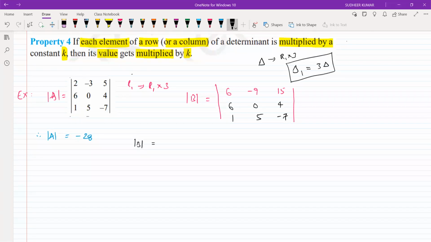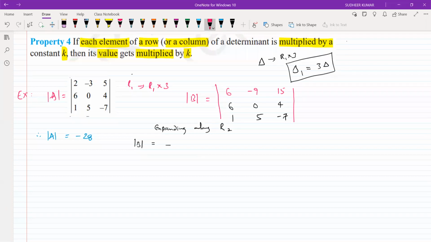So det B equals, suppose expanding along R2. Any row we can do it; R1 we frequently do, so let us go to R2. What are the signs? We should start with minus from the first one, taking alternate signs. Plus, minus, plus in the first row; the second row starts with minus, plus, minus. So minus,